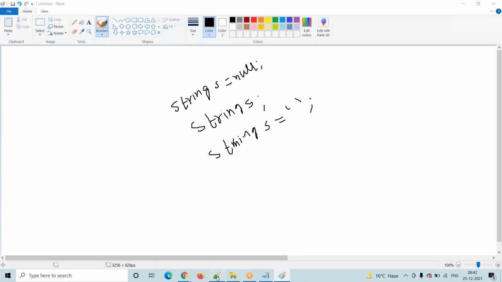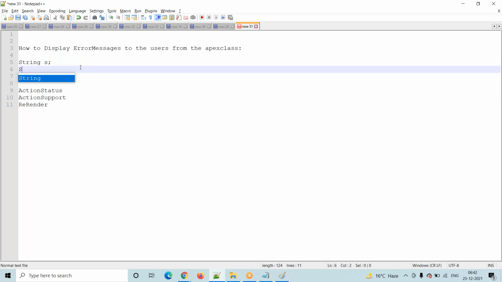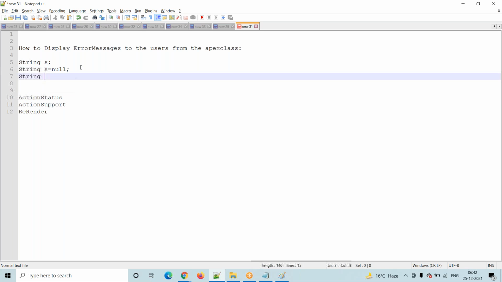We have to learn the difference. Here, string s, I'm not providing any value, string s is equals to null. Then string s1 is equals to single quotes.